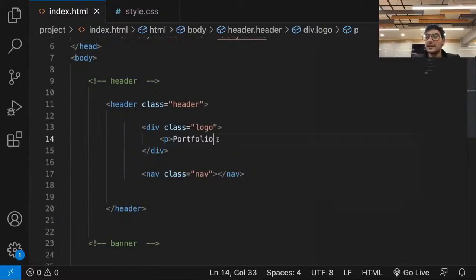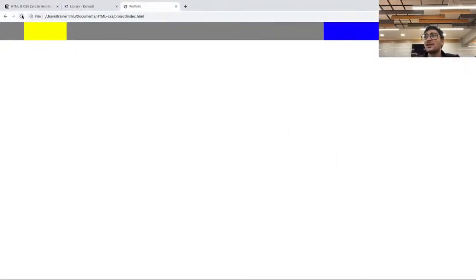You can mention anything, guys, up to you. I'm simply mentioning portfolio, or you can also completely ignore mentioning any logo like that, but I'm just mentioning it, so it's fine. Okay, so you can see now here we have this portfolio,